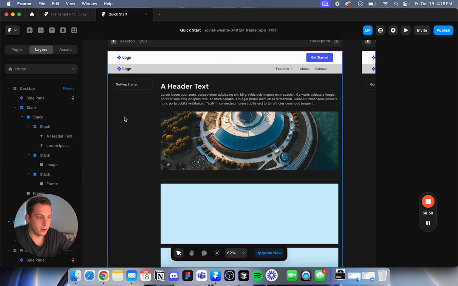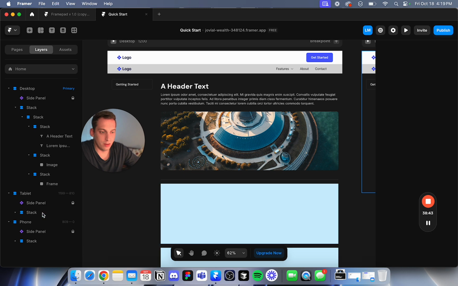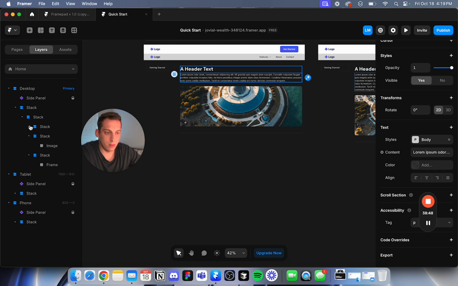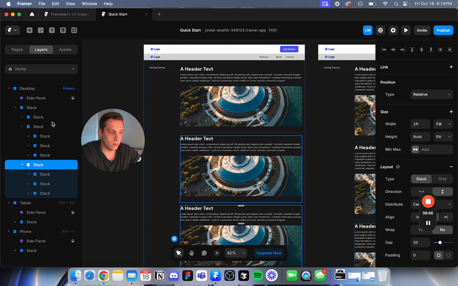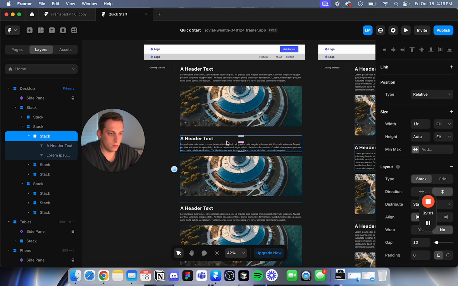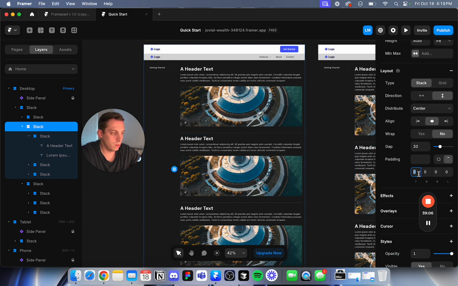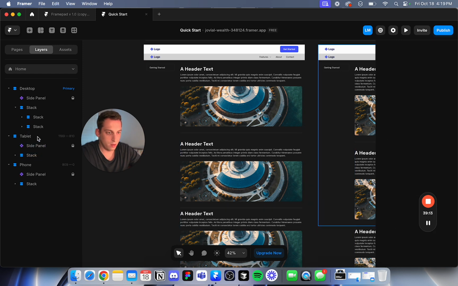We got that covered. Now what I'm going to do is we have these different frames down here. I'm just going to delete them. And I'm going to copy paste this stack here. So I'm going to add some padding. And then